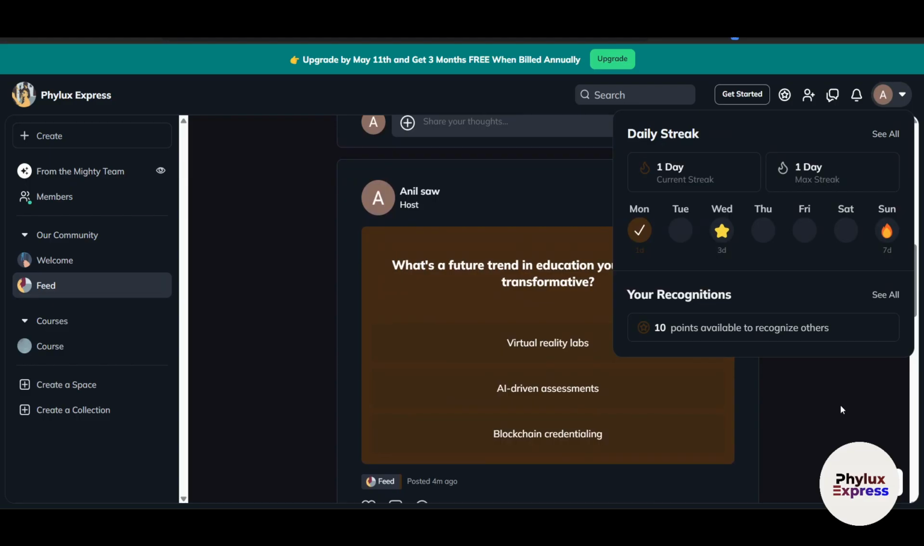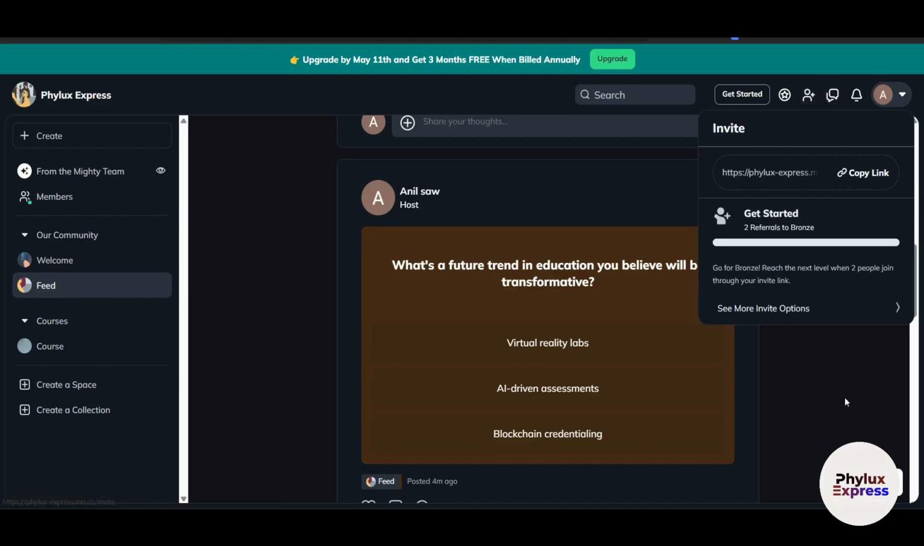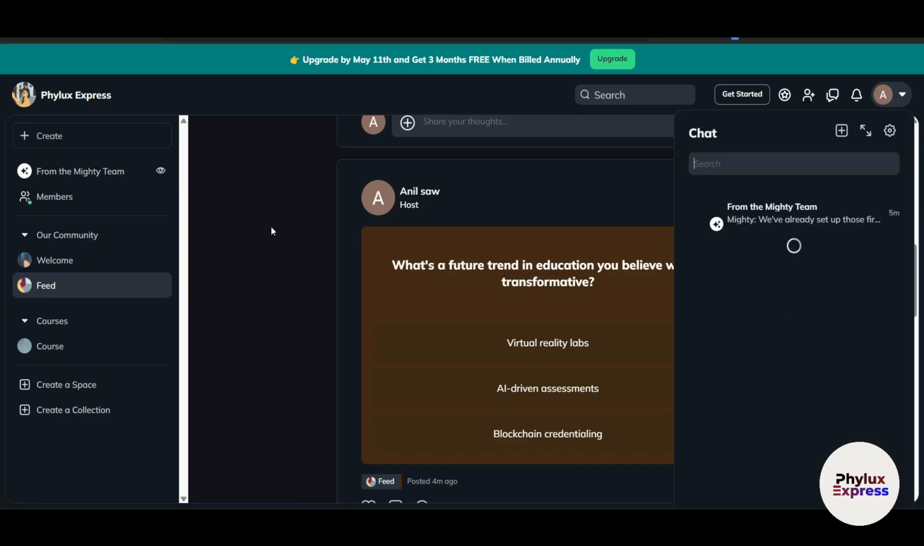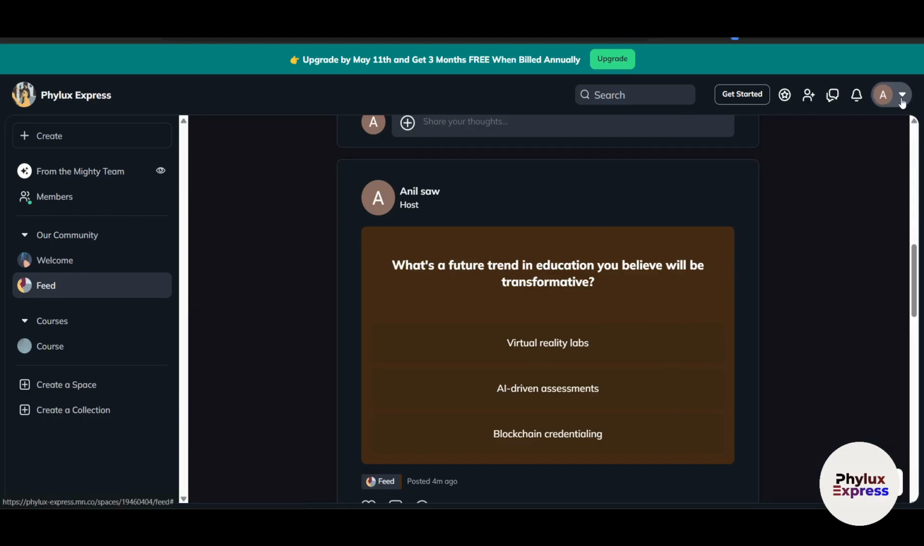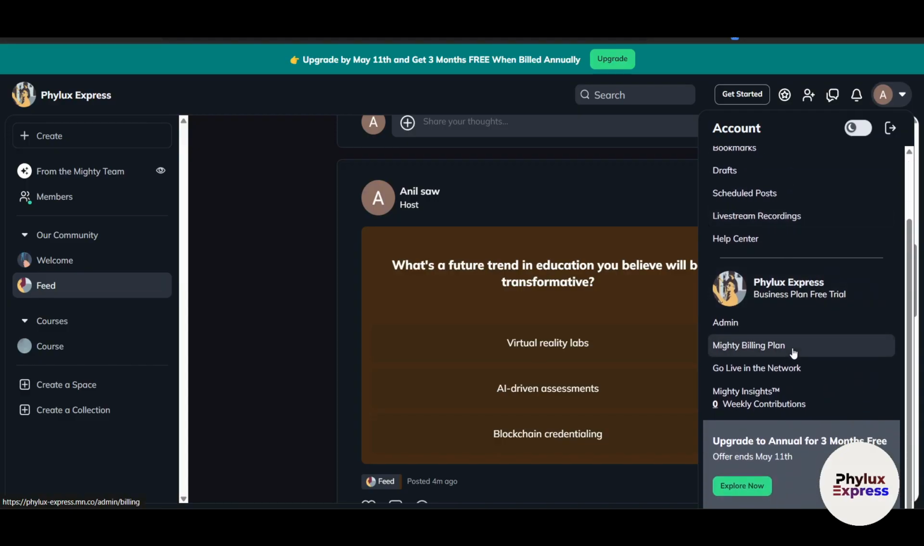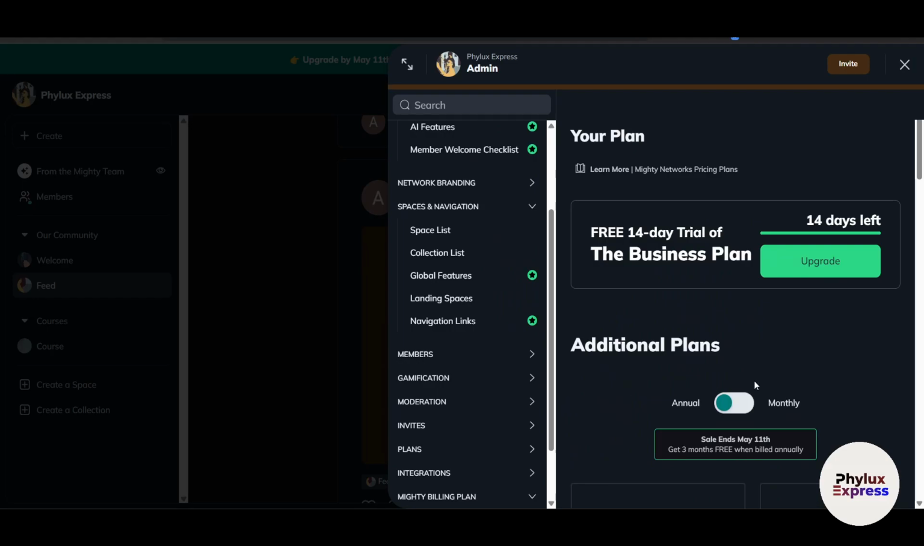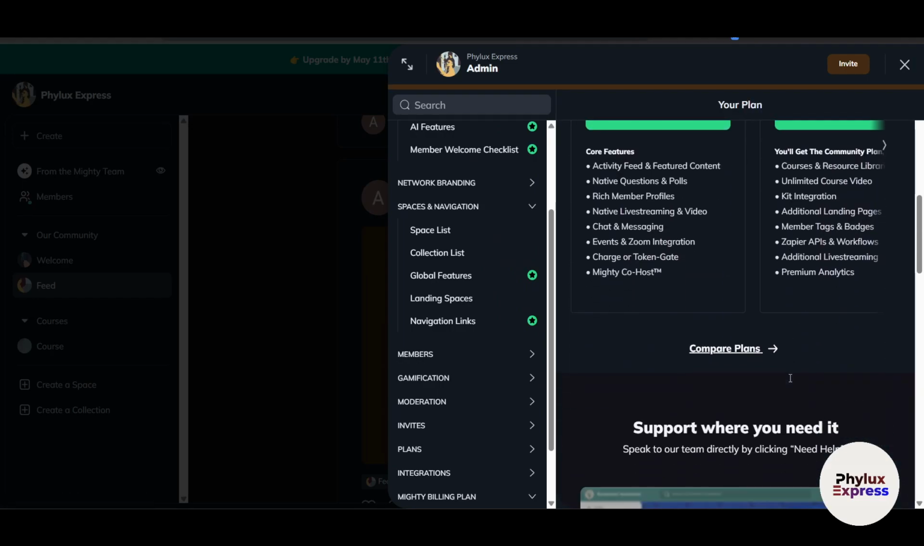So here you can see daily streaks. Daily streaks is basically whether you're using this Mighty platform again and again or not. Right now here you can just invite your team members. Pretty much easy. Now this is a chat section. If somebody wants to chat with you, they can do it directly from here. Now these are personal settings and all these options here. Now this is a monthly billing plan, which is basically for Mighty, not your billing sections here. So I can just come up here and I can just buy the